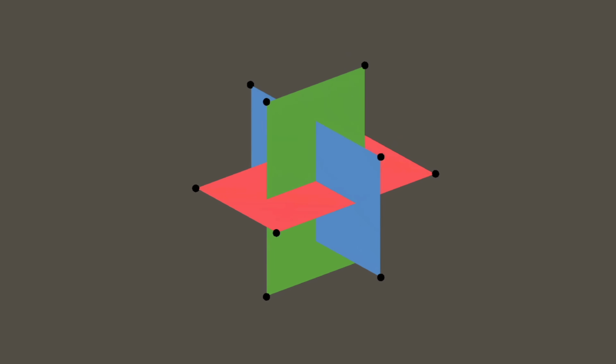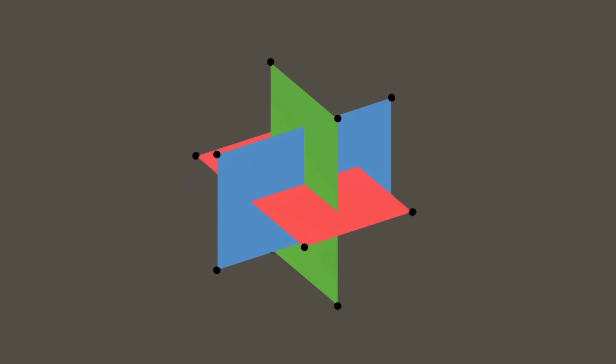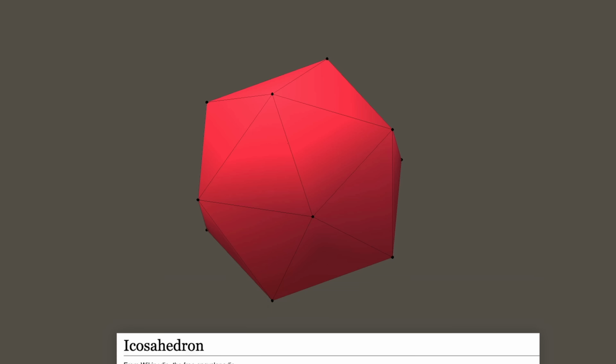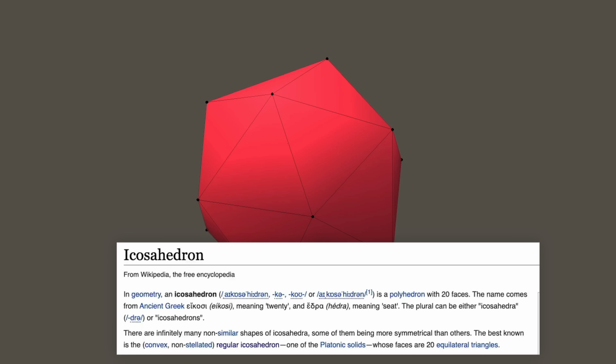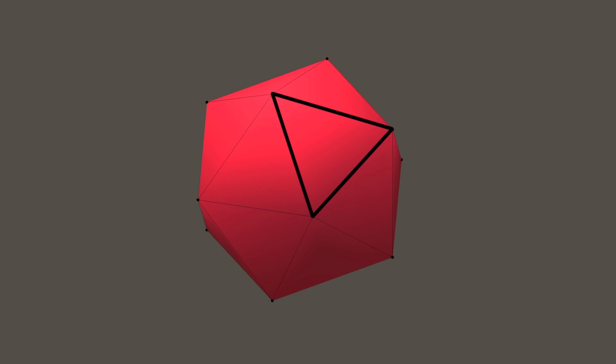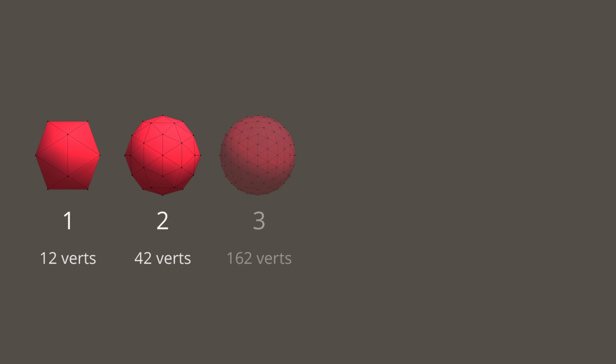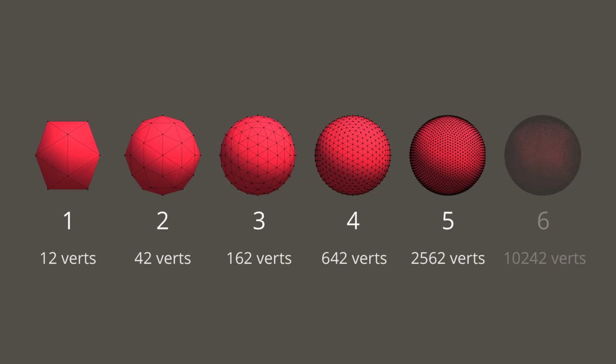To create this one, I learnt that you start with 3 rectangles with side lengths in the golden ratio. If you then join the points at the corners to form 20 triangles, you have an icosahedron, which is apparently ancient Greek for 20 seat, in case you were wondering. In any case, each triangle can then be divided into 4 sub-triangles, and those new points projected onto the sphere. We can repeat that as many times as we want to increase the resolution. The only trouble is the number of vertices grows really rapidly with each division, so you don't have such fine